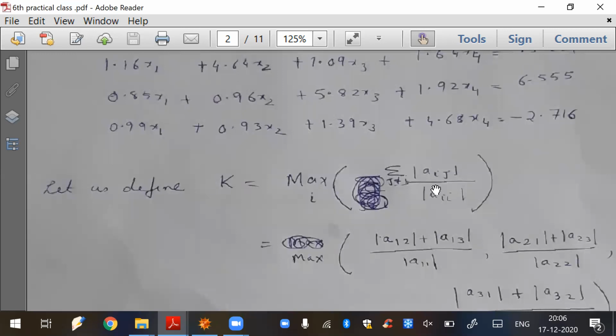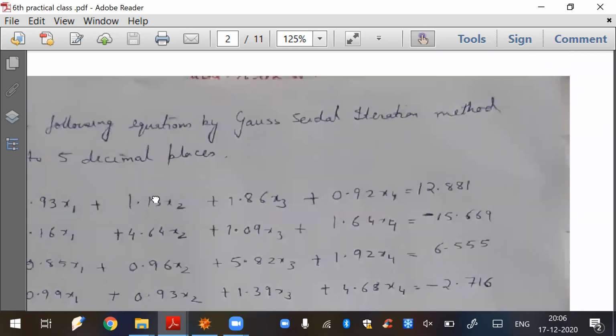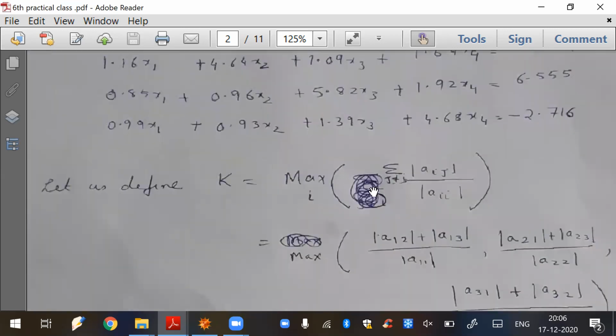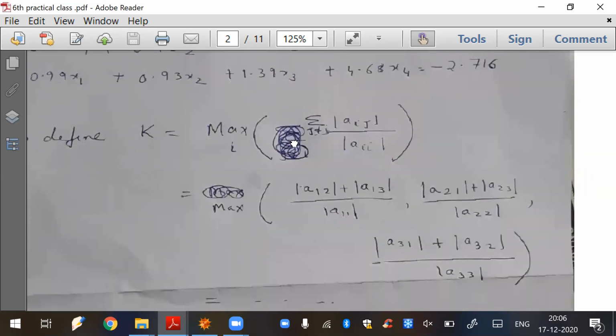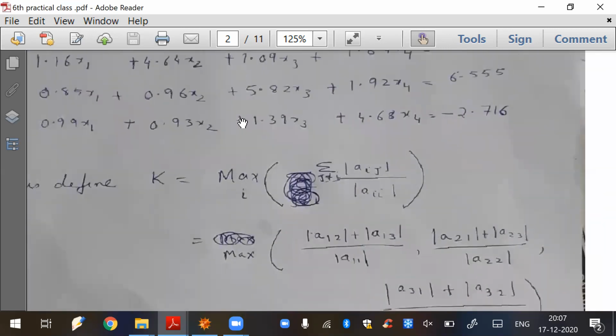So what you are actually doing is finding the maximum of these elements. Here you are getting this coefficient matrix. One thing I have omitted here: there will be one term more. I have written it in terms of a 3 cross 3 matrix, but that is a typo. You have to consider it a 4 cross 4 matrix. If you can see here, there are 4 variables, so it is a 4 cross 4 matrix. No problem.